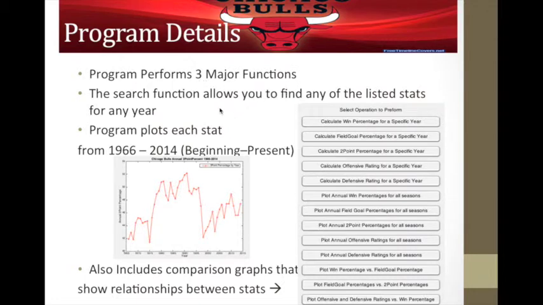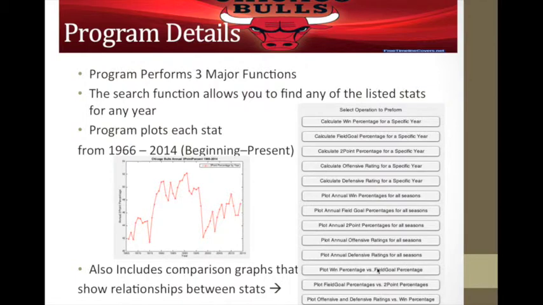The first function is like a search function, so it allows you to take any of the stats and individually pick a specific year that you want to know what that stat was for the team, and then it will display this stat in the command area, and then you can actually take these statistics and plot a graph